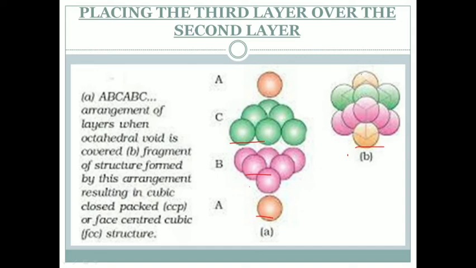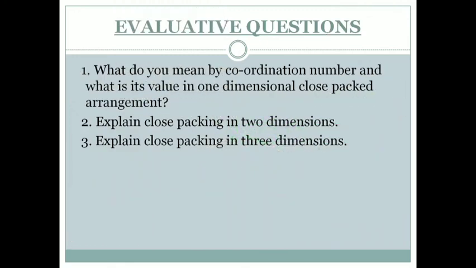You can see here all corners are placed, and in the last session we already discussed FCC: at all corners occupied by one unit cell, and here every face is centered by one. So this is the FCC pattern. These are formed when the third layer is placed over the second layer. So these are different close packings in 2 dimensions and 3 dimensions.